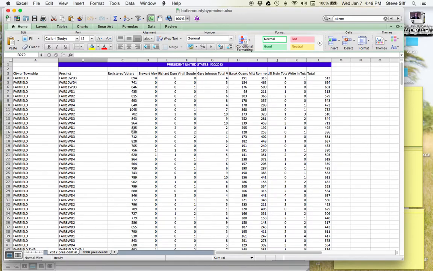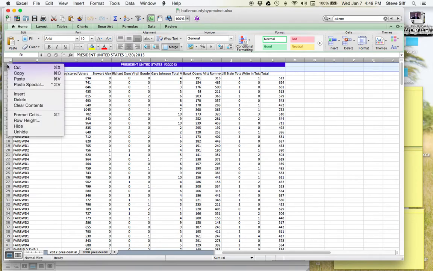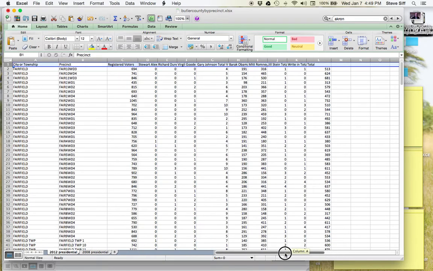And so the first thing I'm going to do is make this spreadsheet nice and square by getting rid of this junk up top. We just don't need that. And delete it. All right, so now we have a nice regular header row in row 1. We see city or township,